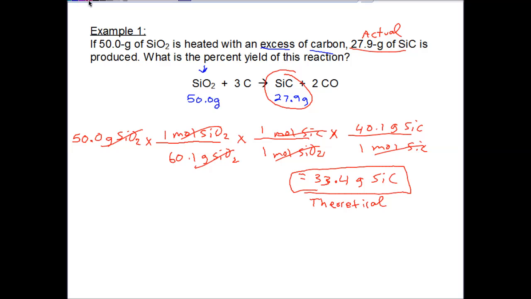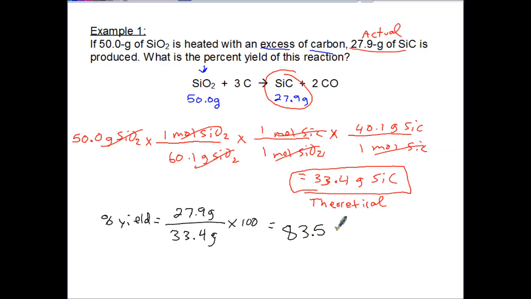So we do actual over theoretical. Remember the formula? So we have 27.9 grams, that's our actual yield, over our theoretical yield, 33.4 grams, times 100. And then remember that the percent sign is a unit. So when you do the math here, you should come out to